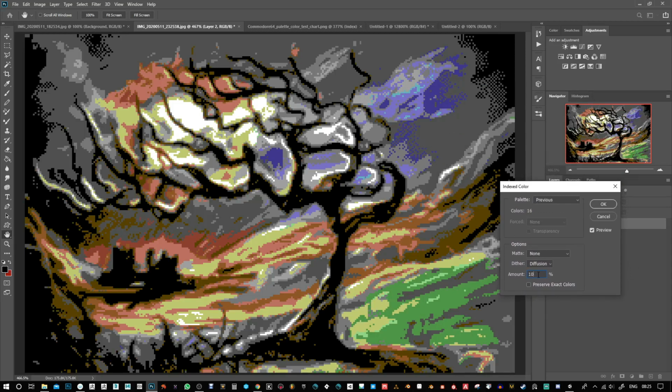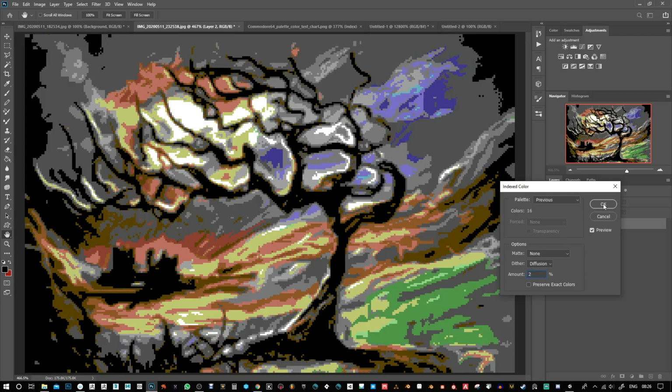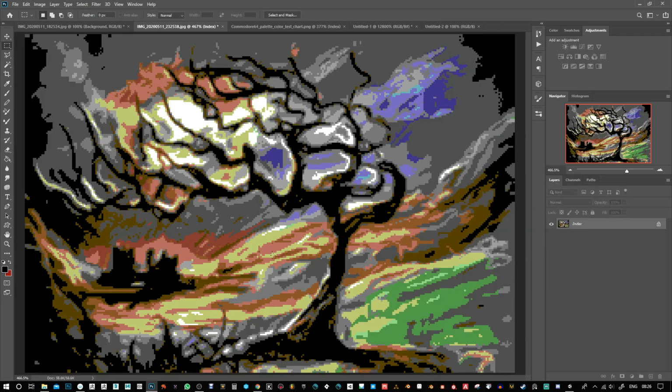Now I'd rather put these in manually, this kind of thing. Okay, so 15%. No, I'm just going to say like 2%, right? Just a little bit. Okay, and if you don't want to shrink the resolution horizontally the way I did before,